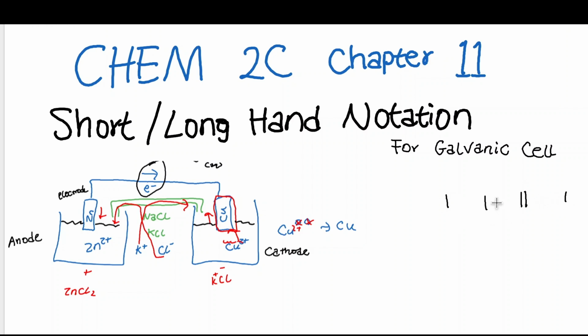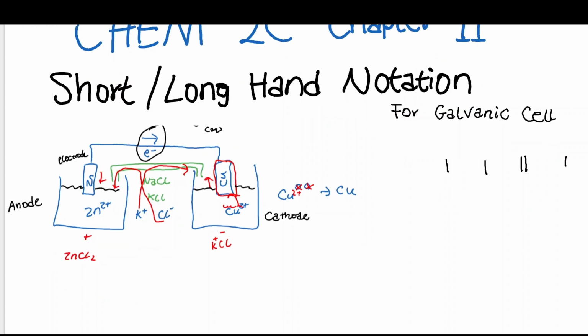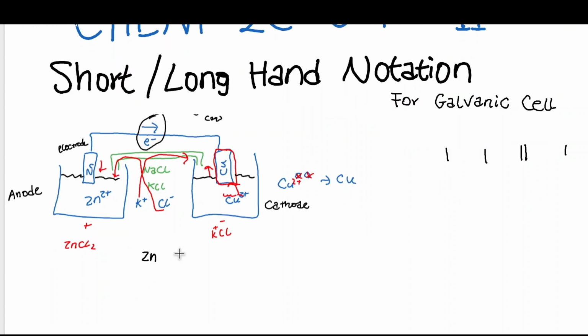This is how a shorthand notation would look with the chemical reagents in here. The things that are being reacted in galvanic cells go in here. I'm going to write them out. For this one, it is zinc. I'm going to write out the equation for the longhand as well. So it's zinc solid, zinc is getting oxidized at the anode, equals Zn2+ plus 2e-, and then at the cathode, Cu2+ is getting reduced